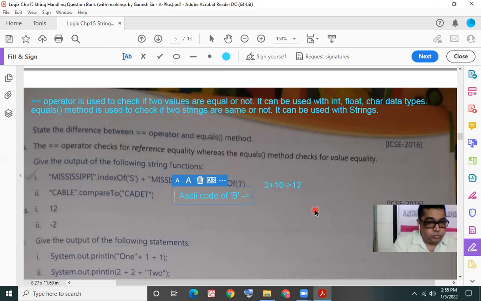Next we are going to check what the ASCII code of capital D is. Yes, it is 68.